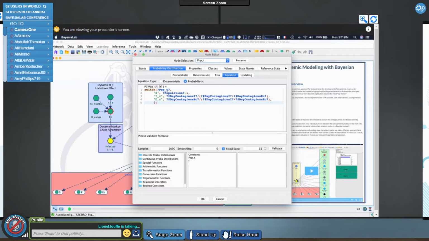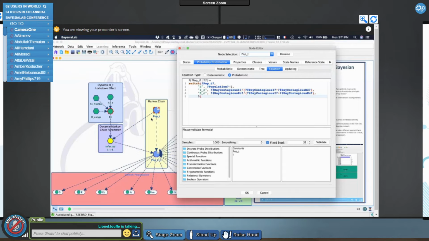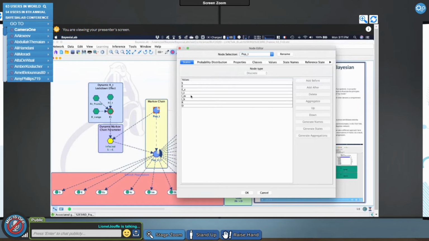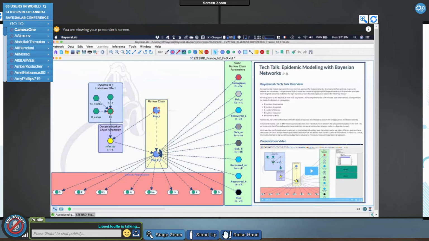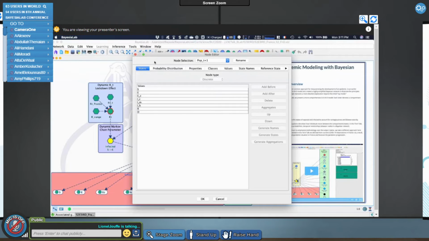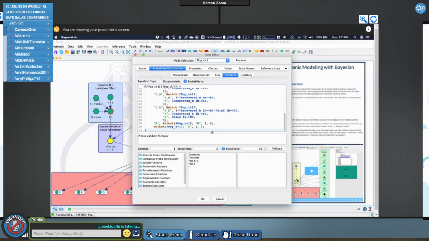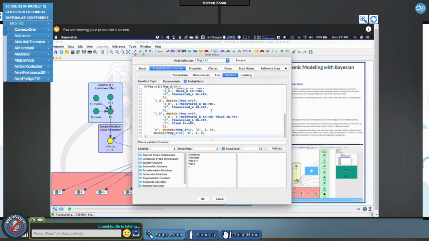So this was the equation I was using for defining the prior, the distribution of the different states here at time step t0. So we had 7 or 8 states here. Now I can see that I have another function here that is also based on a switch. So this was for describing the dynamic of the disease.